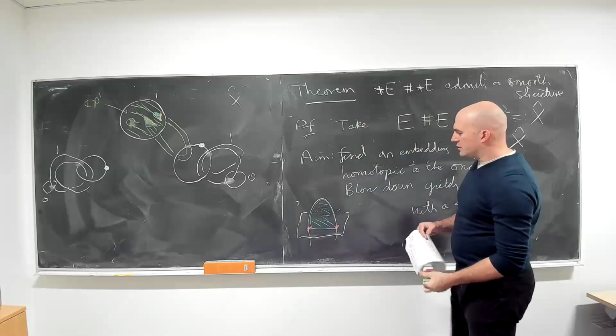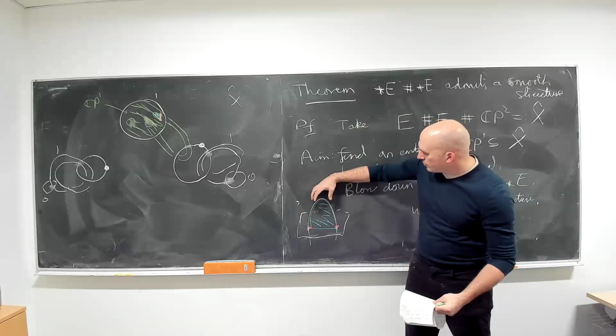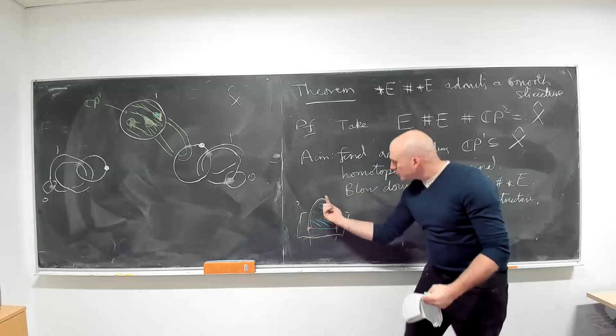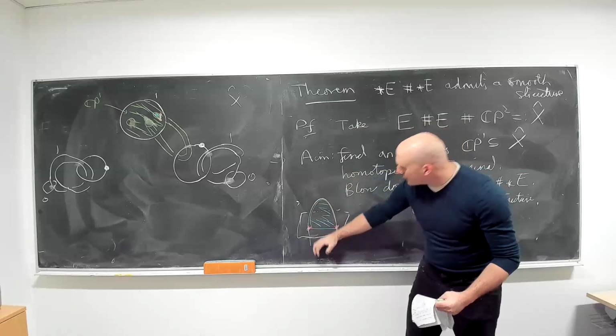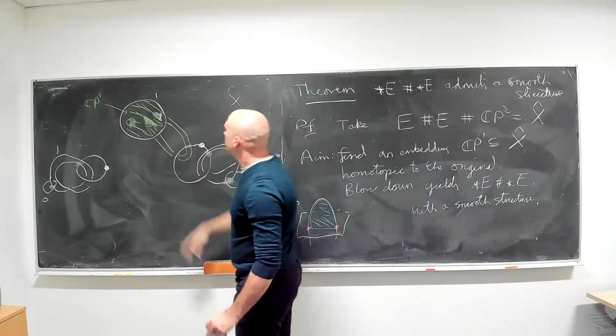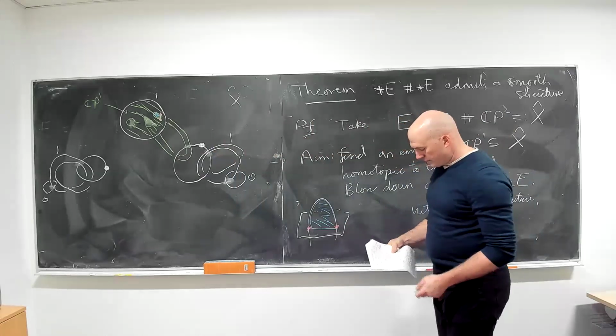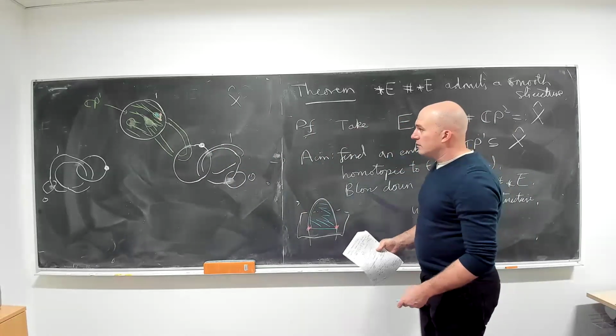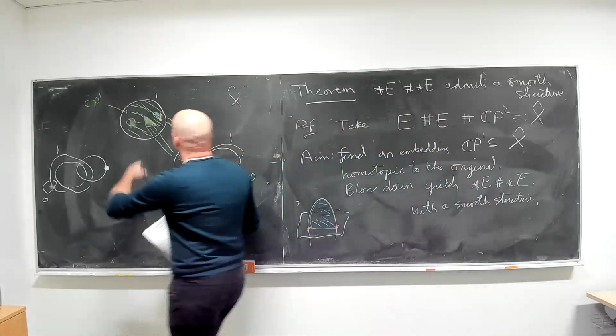So if you were to now use this disk to guide a Whitney move, pushing this where the finger pushed it back up, you push it back down and remove the intersections. So we just remember this blue disk